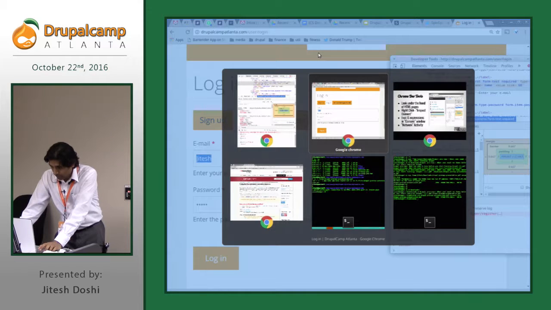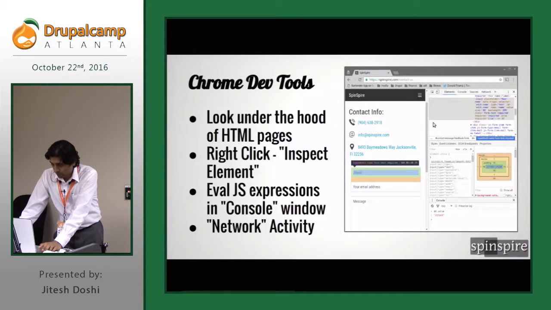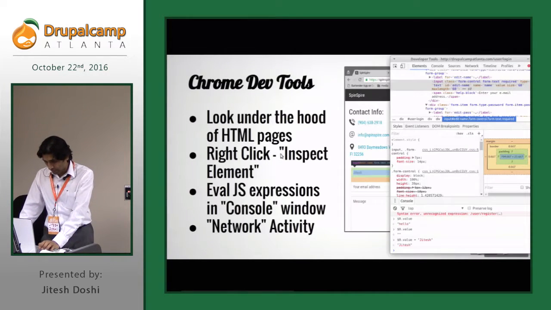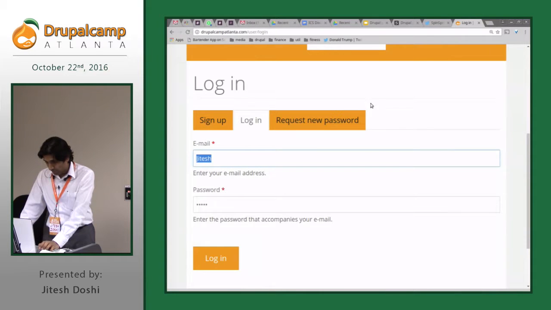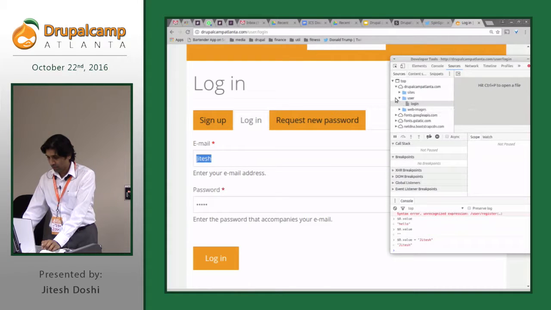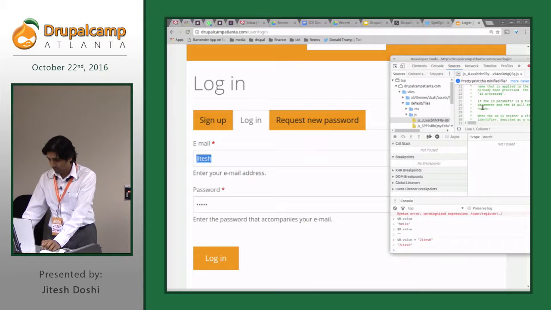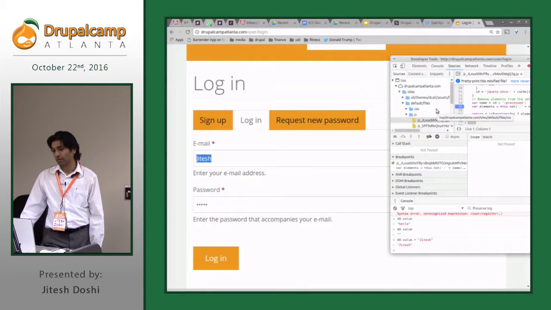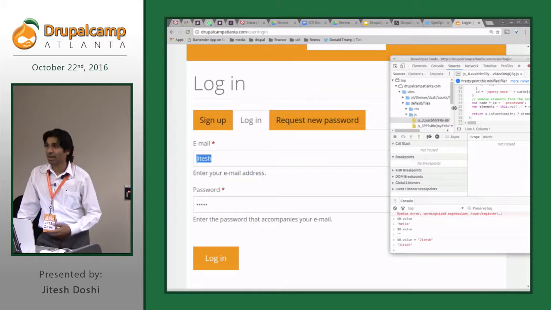Let's keep going. So that was our little demo of Chrome Dev Tools. Another thing that you should look at is you can do live debugging of JavaScript, by the way. You could go to sources and find your JavaScript. You can actually put a breakpoint, and then you reload the page and it'll stop right there, and then you can examine stuff. So this is a live debugger.